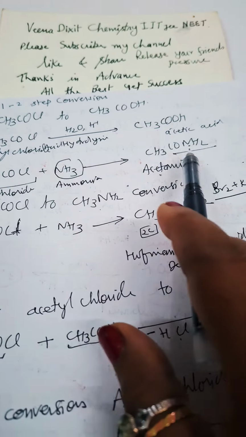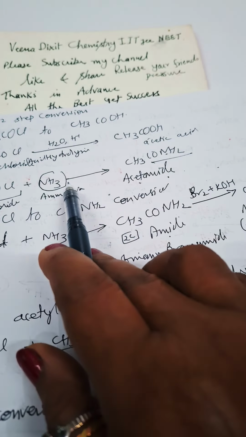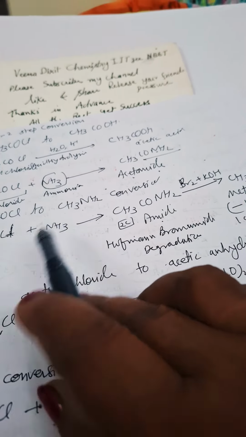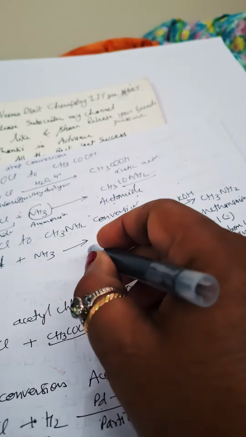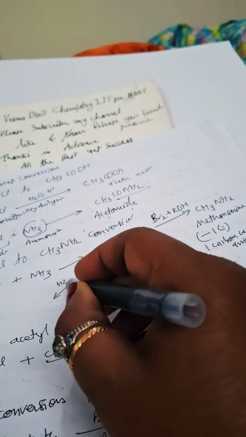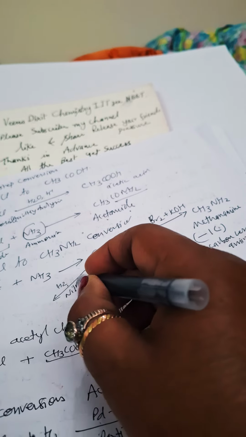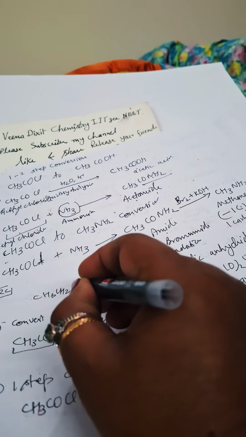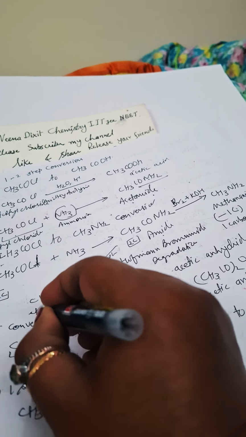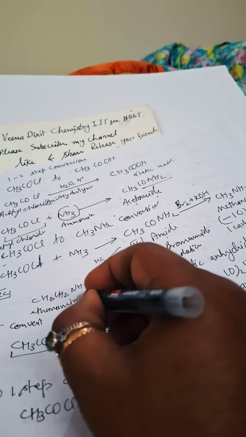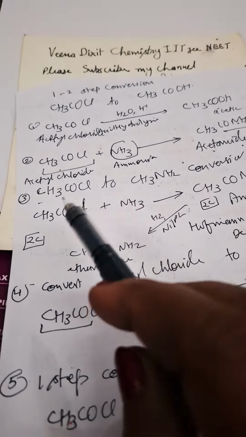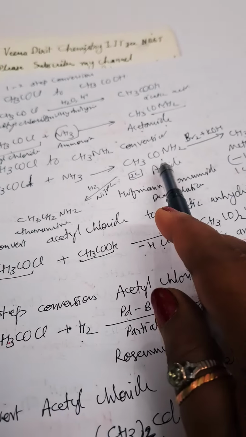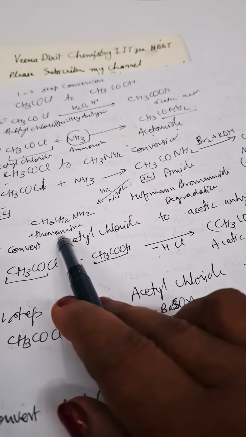Now acetyl chloride to acetamide. Acetyl chloride when reacted with ammonia will give acetamide. Okay, now acetyl chloride to ethanamine. Here I have not written ethanamine, I will do it here. Okay, if we do reduction with Ni/Pt, then we'll get ethanamine, CH3CH2NH2. This is ethanamine, same carbon amine. Clear? So when two carbon acetyl chloride reacts with ammonia, it will form acetamide. Reduction of this acetamide will give you ethanamine.